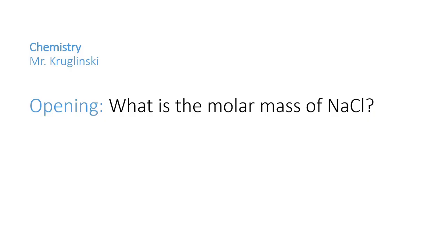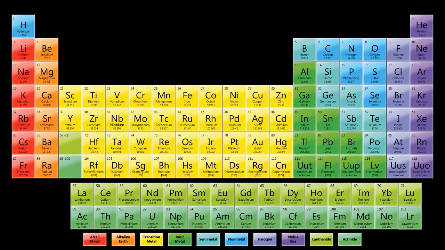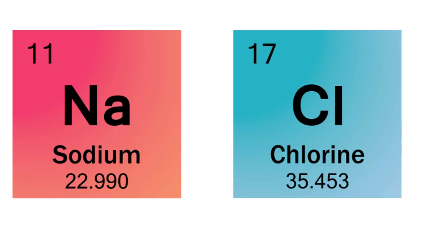So here's the opening. What is the molar mass of sodium chloride? Well, sodium chloride is made of 2 atoms, 1 sodium and 1 chlorine. So I go to my periodic table, I look to the left and find sodium. I look at my halogens to the right and I look for chlorine, and I see that sodium has an atomic mass of 22.990. That also means that 1 mole of sodium weighs